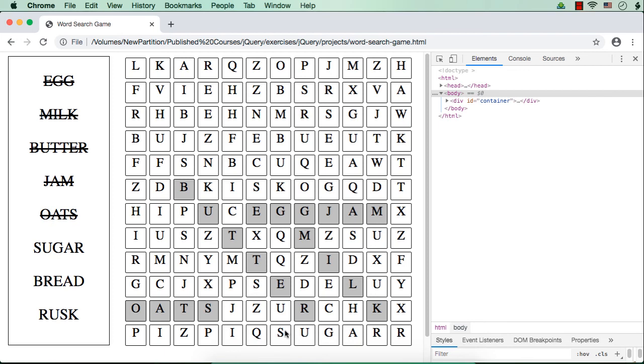It is correctly selected. SUGAR. It is correctly selected. Then we need to find bread, right? Let me try to find bread. Yes, BREAD. Correctly selected. Then we have rusk. That is the one more word remaining. Let me try to find it out. Yes, RUSK. Now all the words are correctly selected.